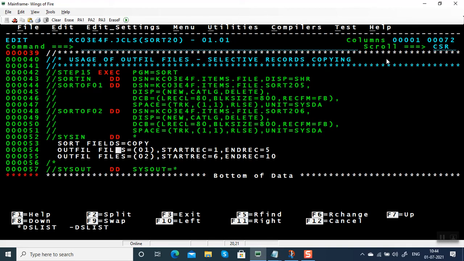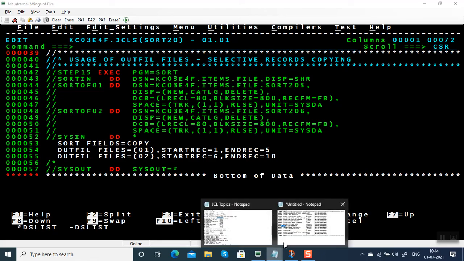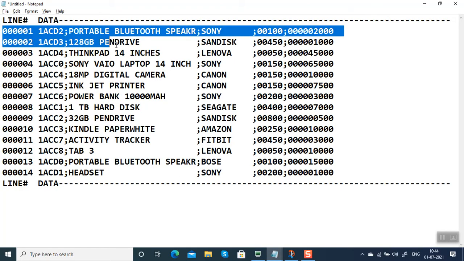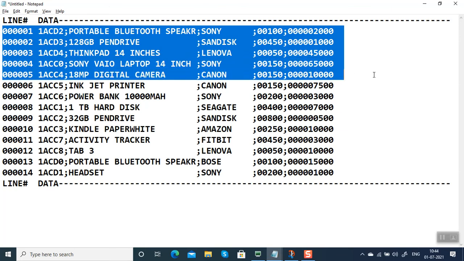Okay, here we can mention the record number, while skiprec and stop after denote a number of records, not a record number. Suppose you want the first 5 records in one output file and the second 5 records in another output file, you can write like this: start rec equal to 1, end rec equal to 5. Let me show the file. Since I have given start rec equal to 1 and end rec equal to 5, the first